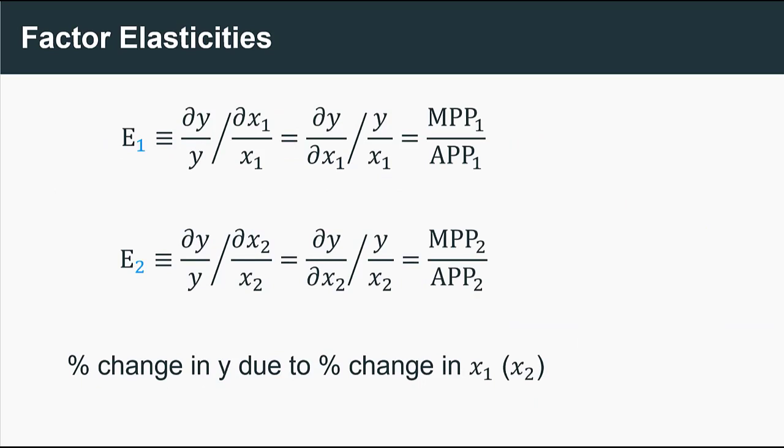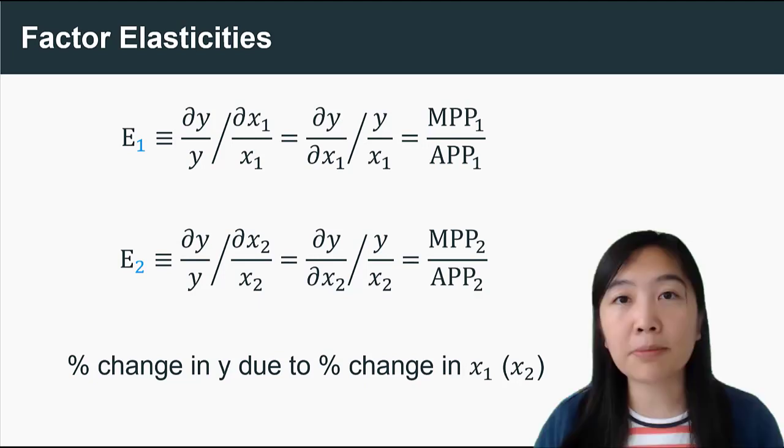Another similar concept is factor elasticities, or sometimes we call it elasticity of production. Even if we call it elasticity of production, you should keep in mind that it is elasticity of factors or inputs, because we're going to learn some new elasticities. So do keep that in mind. In the two variable input case, we have two factor elasticities. To give you an overview, factor elasticity is the percentage change in output, or in Y,